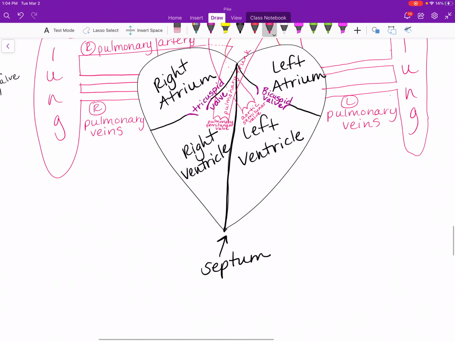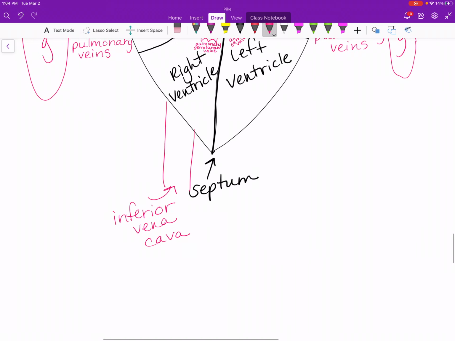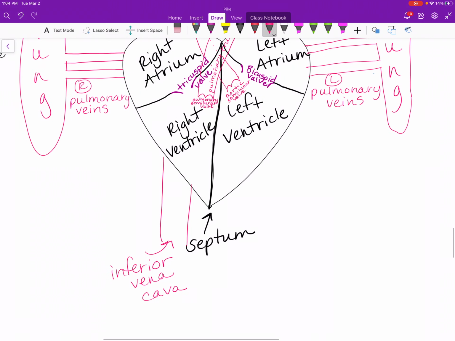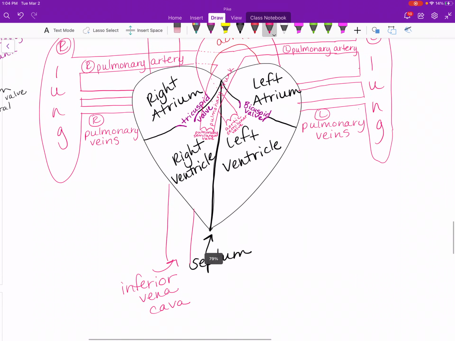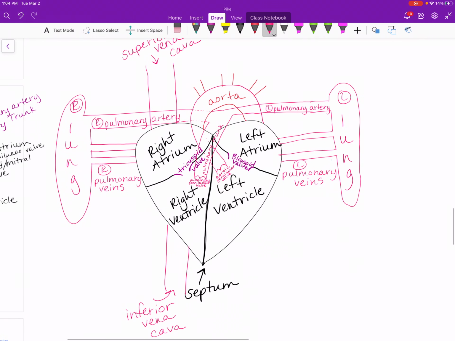Then below the heart, we have the inferior vena cava, bringing blood back to the heart from the lower part of the body. Okay? And so that is all of our structures that we are putting on our heart before we talk about